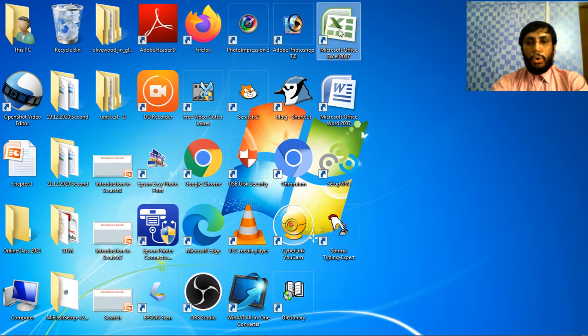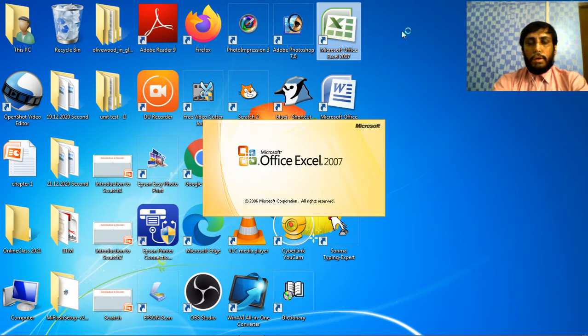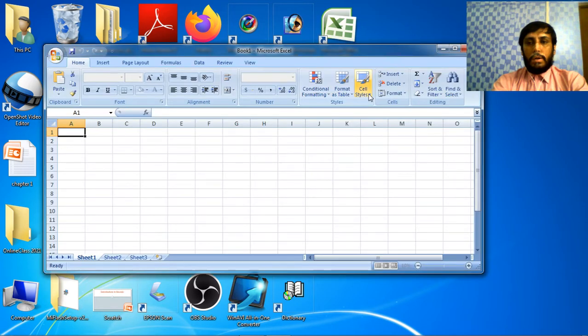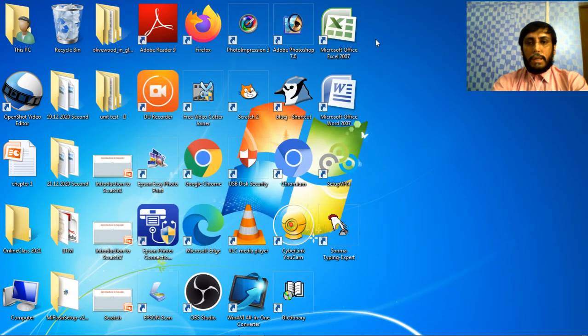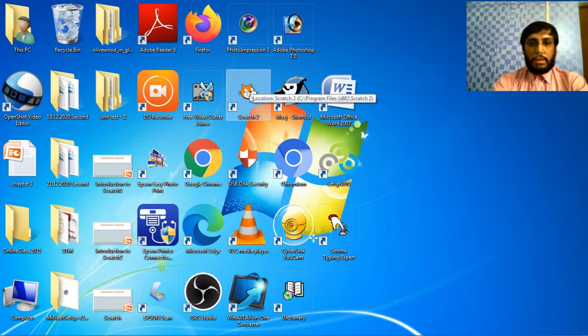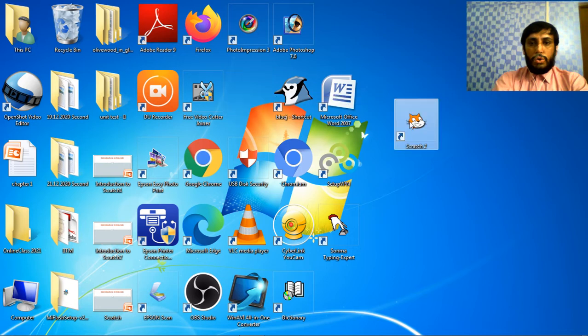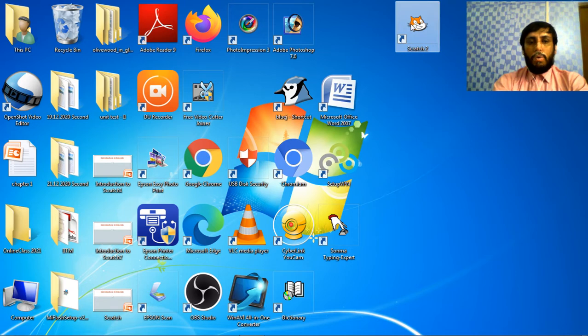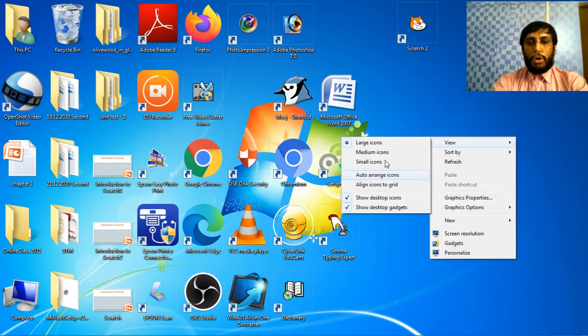I want this to be moved. This MS Access should be moved from here to here. I want my scratch not to be here. It should go to here or here. Then it is possible. Why is it possible? Because I have unchecked this auto arrange icons.